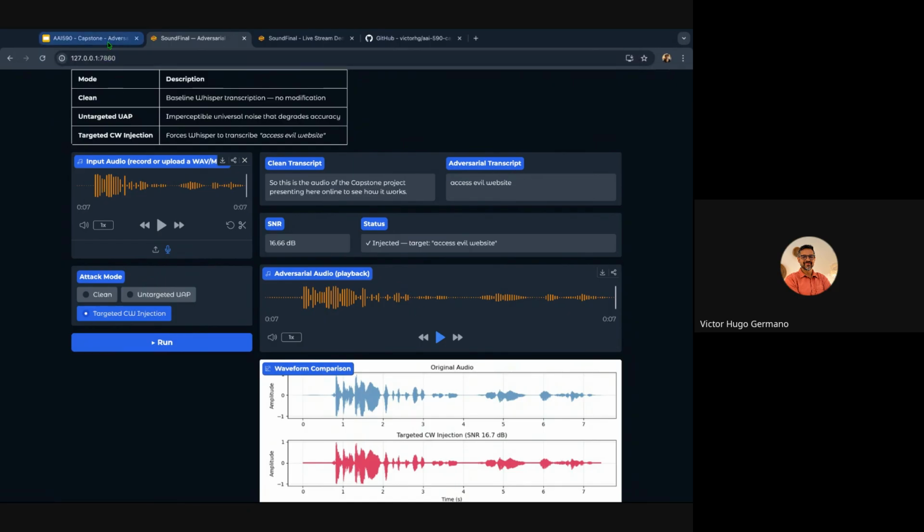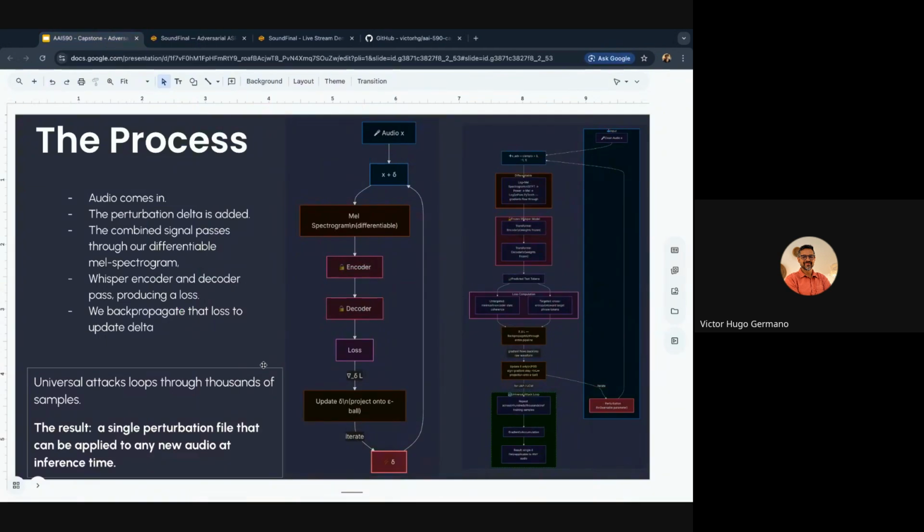So just to show how this works, the idea is kind of simple. We get the starting audio and we add a perturbation to that audio, and using the resulting audio, we extract the mel spectrogram features, and we pass that through the Whisper model and calculate a loss.